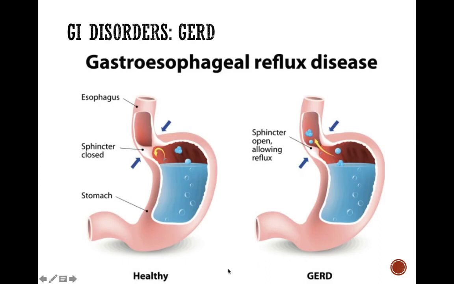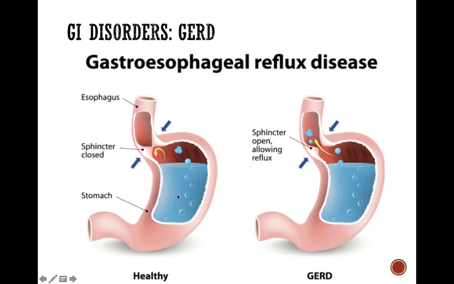So as you can see, the stomach here has all of our mixed up food. And the pH level is very low here because of stomach acid, about 2. And in a normal healthy person, this sphincter stays nice and tight and is closed. So when we swallow the food, that sphincter opens and it comes in and it starts churning and mixing with